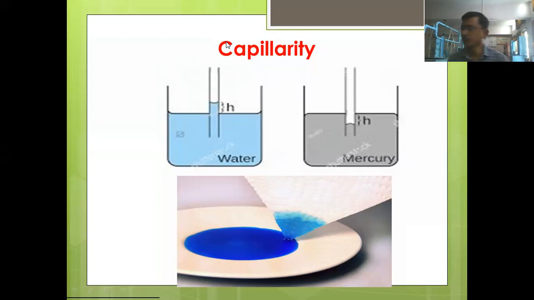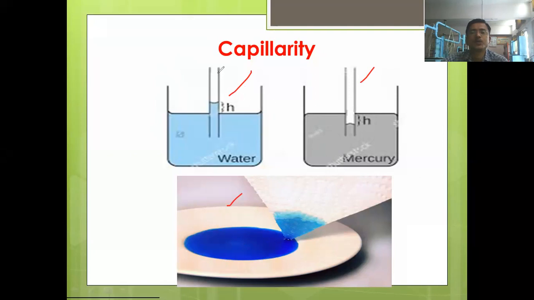Okay. I think you have studied surface tension, viscosity, capillarity in physics. Do you remember this or have not studied this property also? Capillarity. Have you studied this or not? Or don't remember? Okay. So from this diagram itself, you might have got some idea about the capillarity property of the fluid.